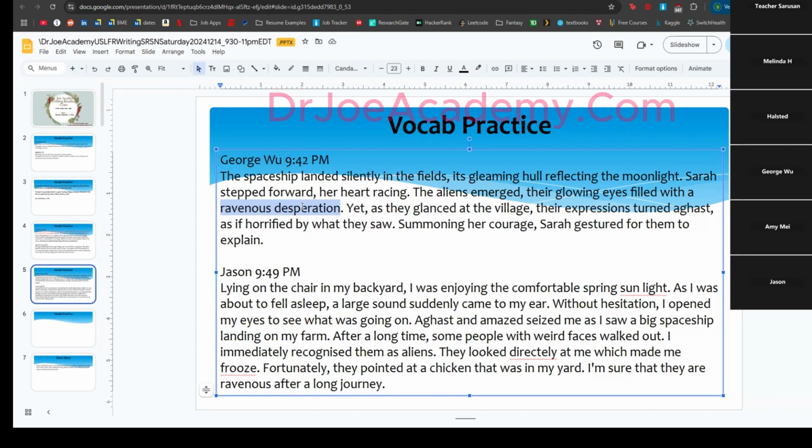Their expression turned aghast. That's a good use of aghast as well. That's definitely in good context as well. It makes perfect sense in this paragraph. It's not forced. Summoning her courage, they're adjusted for them to explain. Nicely done. The only thing I'll add is usually in our paragraphs,